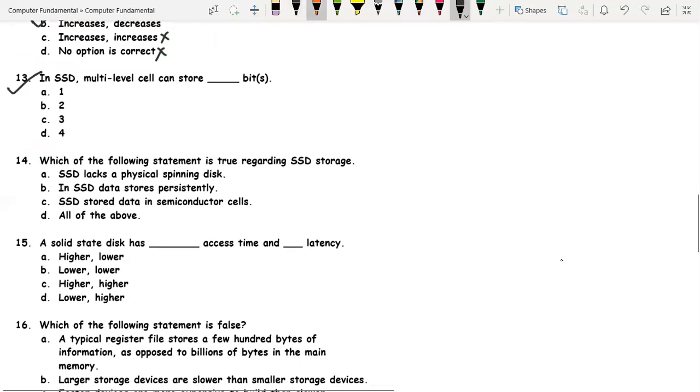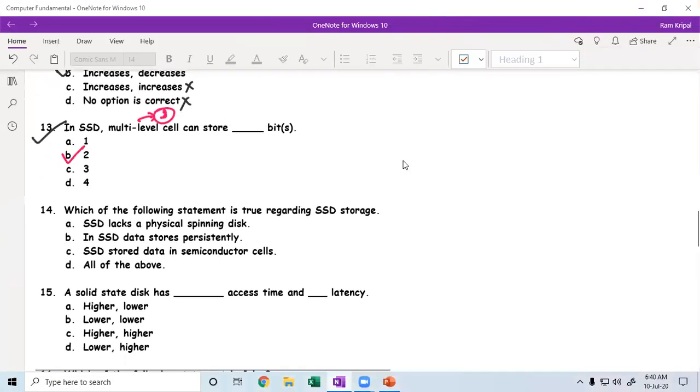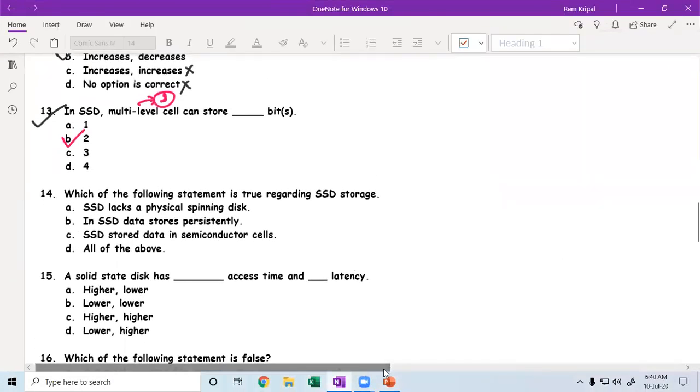An SSD multi store. No, multi means here two. If you go to the slide, multi stands for 2. Oh, okay. So multi is only for 2. With the word multi, I would expect it to be more than 2. Yes. If you see the slide,